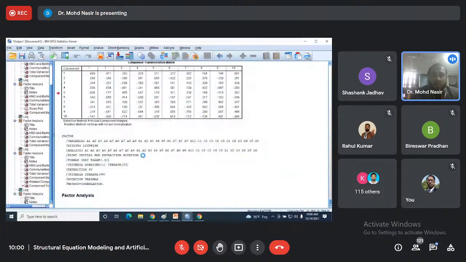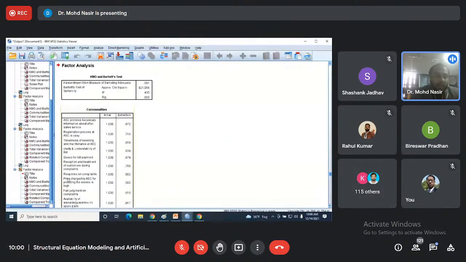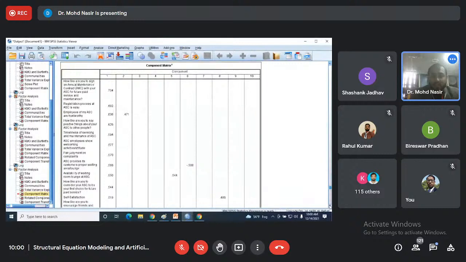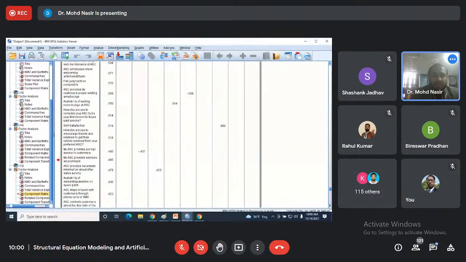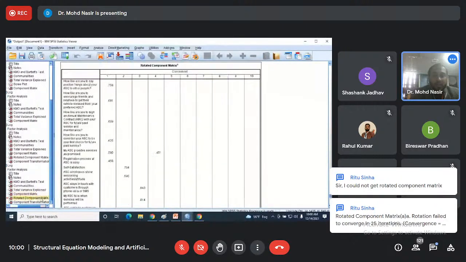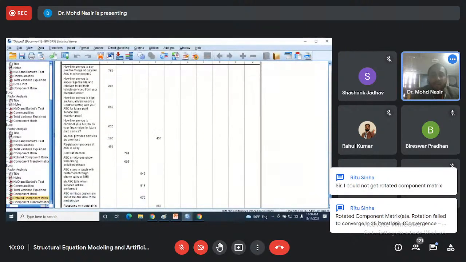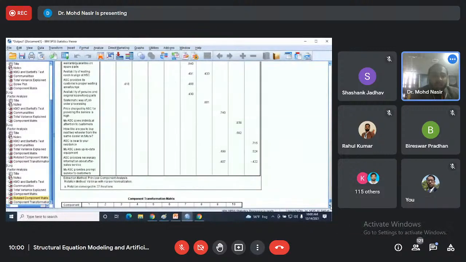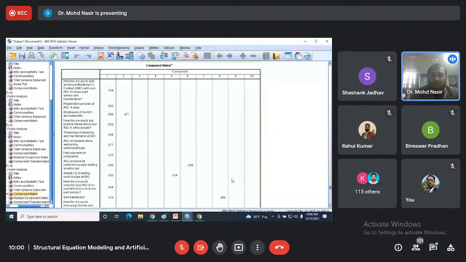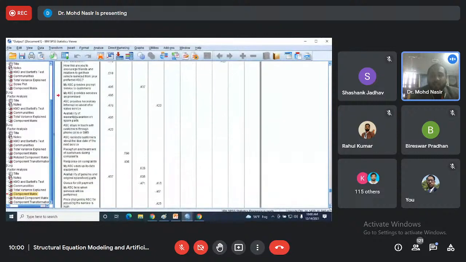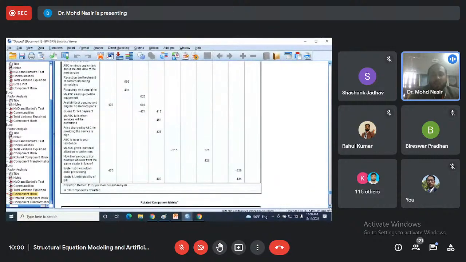So continue on. Okay. So here we can see that now my component matrix is there, and my rotated component matrix is there. See, when I'm going through this component matrix, in the distribution of the variance, cross loadings are more, as we have these 30 data variables. If we have more than 30, we will have more cross loading. See, the cross loadings are more here. Here is the cross loading